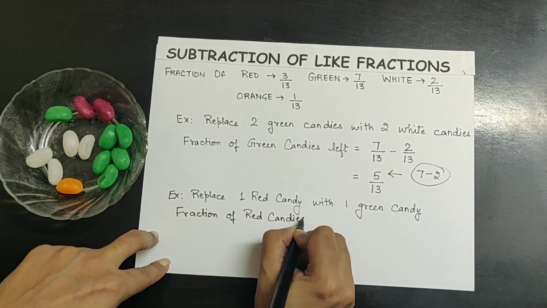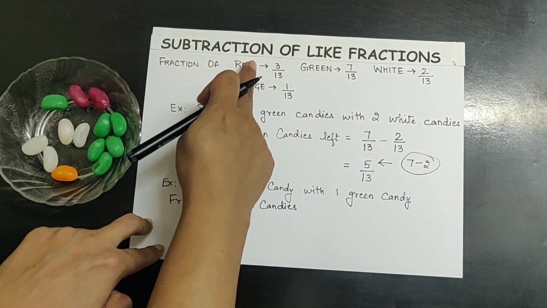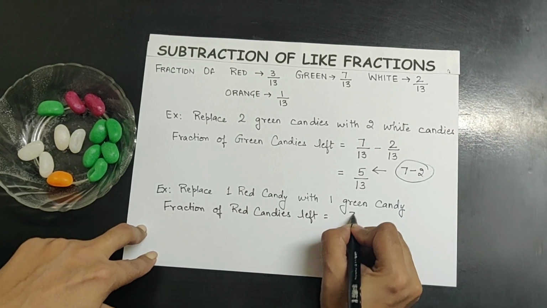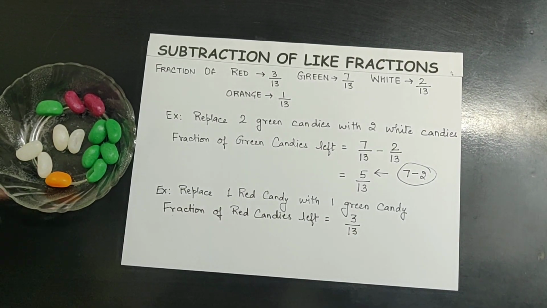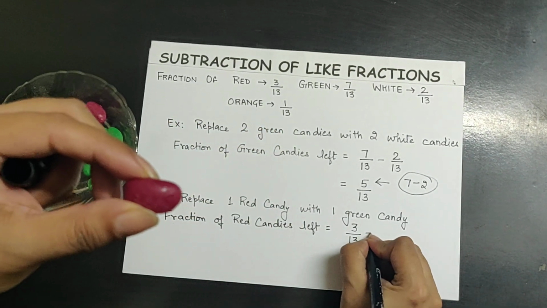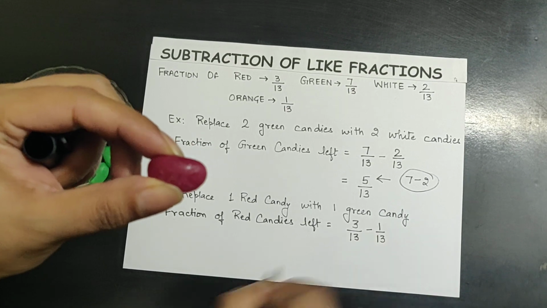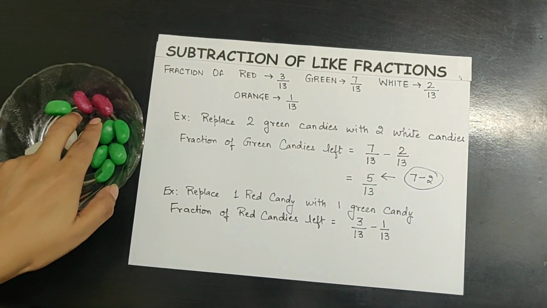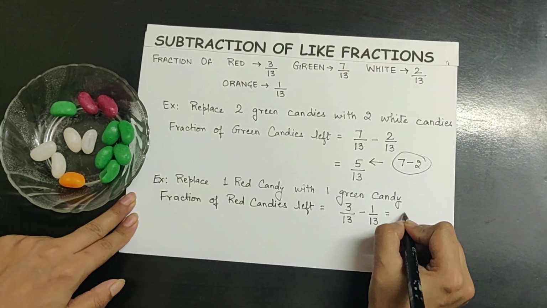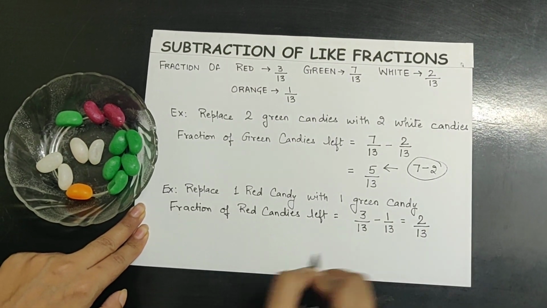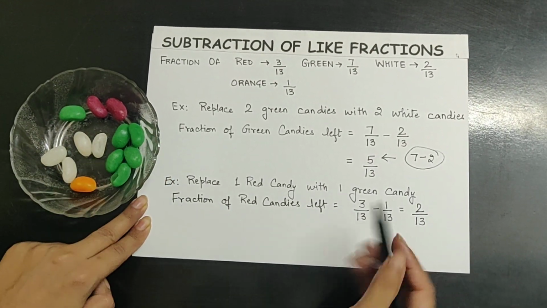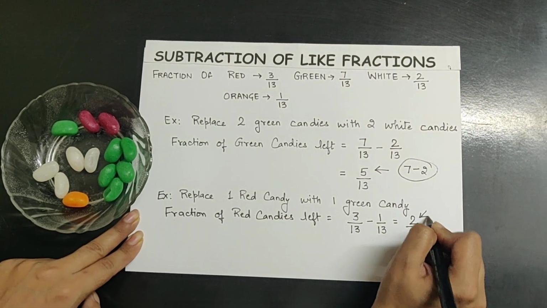So whenever we are finding something left, we are actually focusing on the topic of subtraction. Earlier the fraction was 3 upon 13, and now this one red candy that was replaced expressed 1 upon 13. And now if we look at the number of red candies, what fraction does it represent? It represents 2 upon 13. Only 2 red candies are left out of the 13 candies over there. So 2 upon 13. And again, where do we get this 2 from?